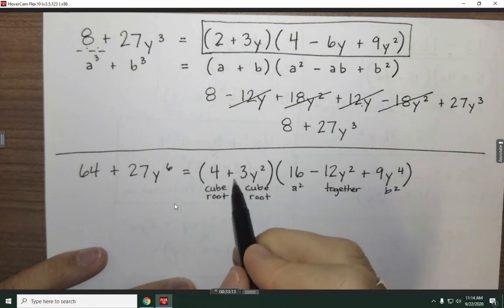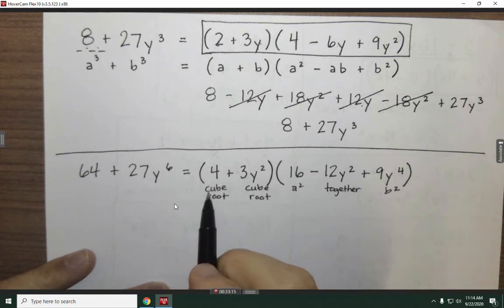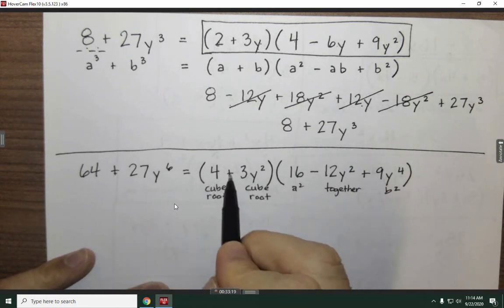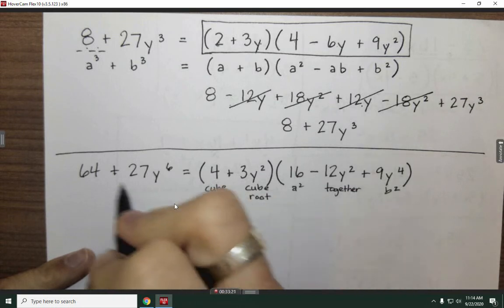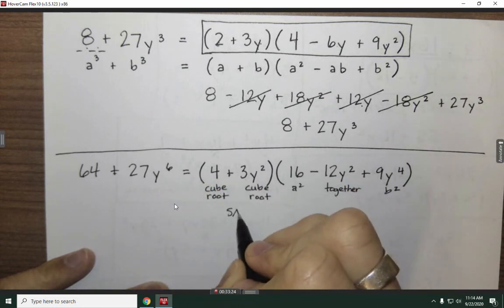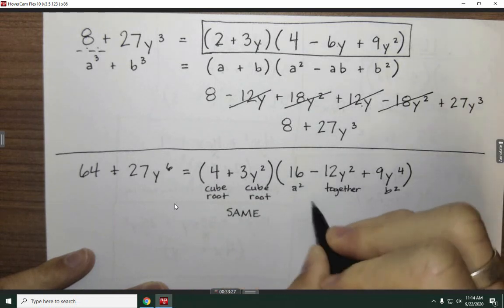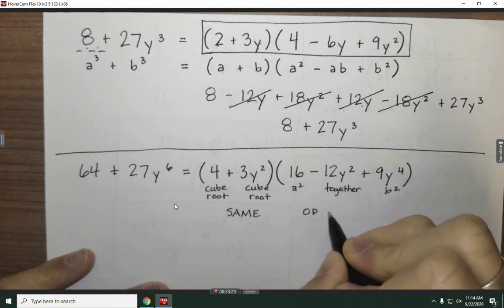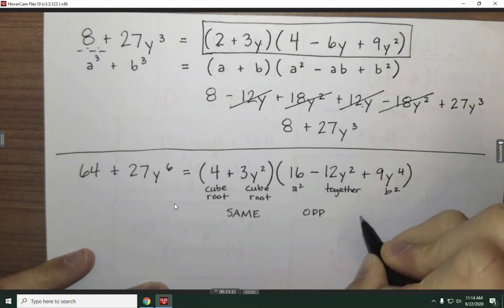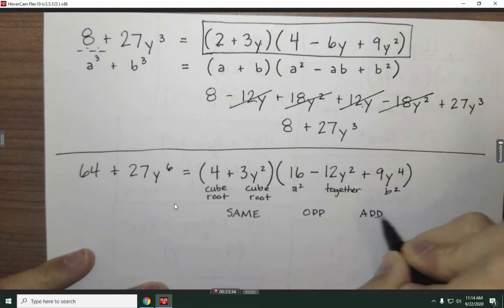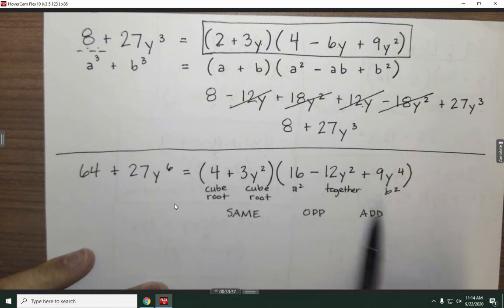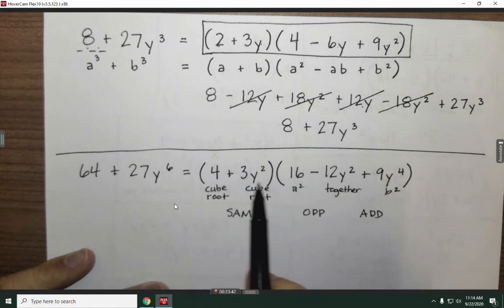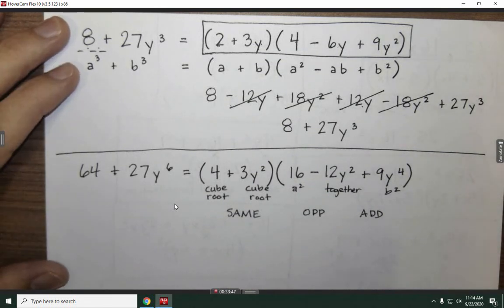Now, one thing I want you to notice about these signs is this. Whatever this starts with, this thing is always going to be the same sign. So we started with addition. We're going to keep it the same. Then it always goes to being the opposite. And then it always ends with addition. So just remember that little pattern. Same, opposite, add. This will let you know what type of signage you need to have, what operations you're doing in between here. And it works the same way when you're doing